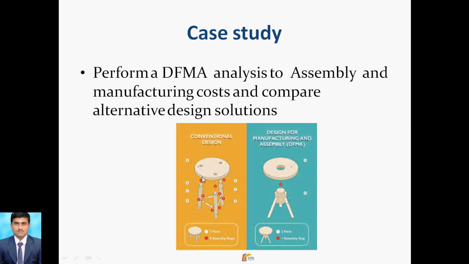In the next case study, we can observe that there are three legs and one top surface. That is four parts. There is also a second supporting member. So these three and these three, six, and the top surface, make seven parts required for the conventional design. After implementing DFMA, it can be reduced to only three parts: this one part, then a middle part, and then the supporting part. So this is a greater impact of DFMA.